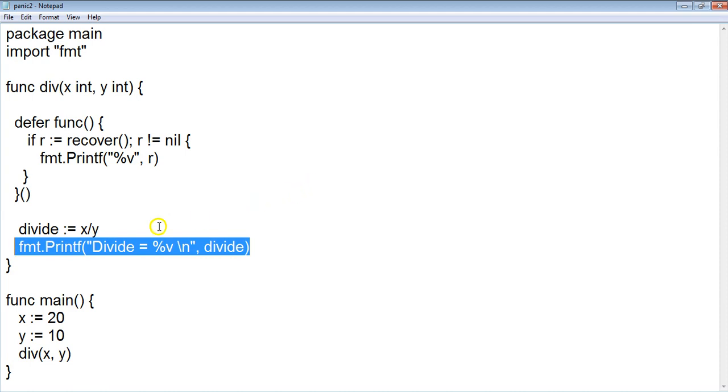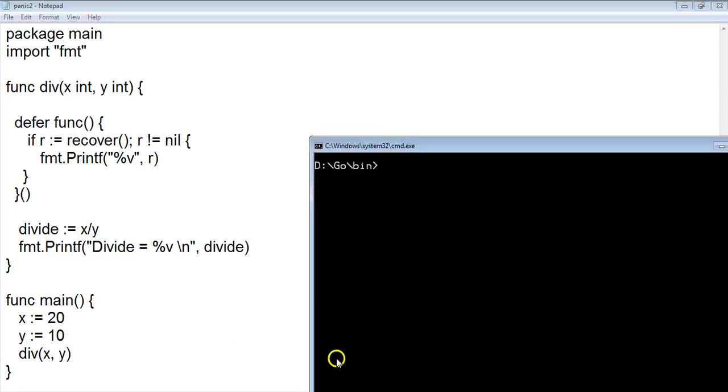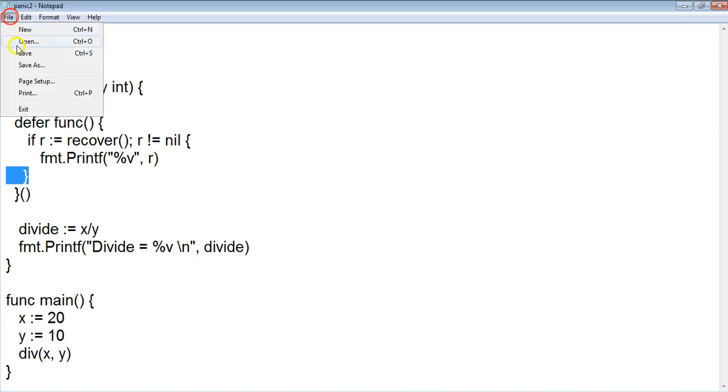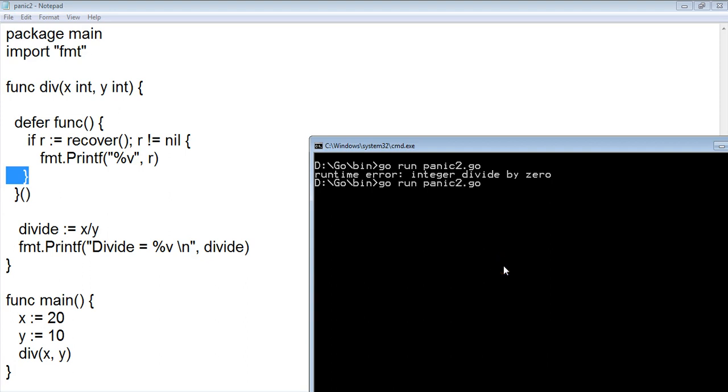But just for example, let's first execute this one and I'll show you what the issue is later on. So first of all let's just execute this. Once we execute this one, it's going to give a normal value of 2. Sorry, I didn't save it, I'm sorry. Just clear screen. I didn't save it properly. Just now I'm saving it. Yeah, it's giving the answer 2 because 20 divided by 10 is going to give you 2.